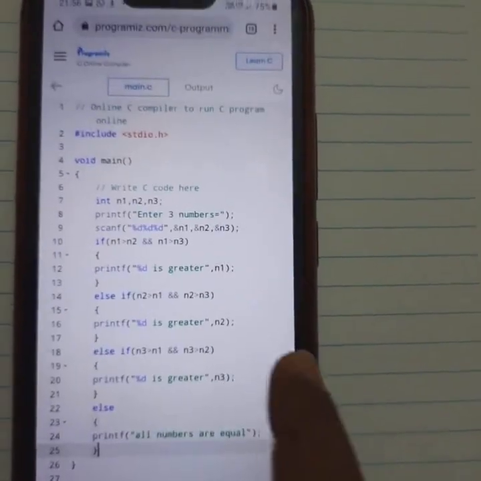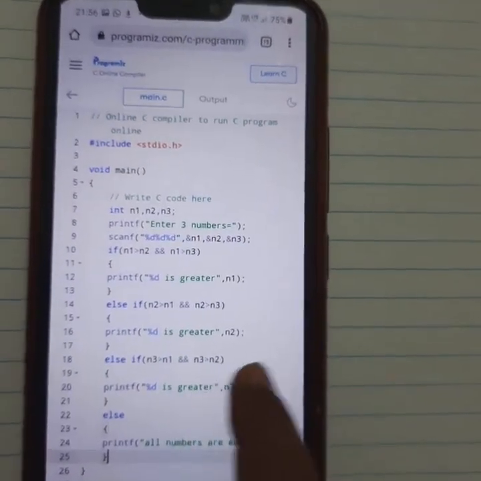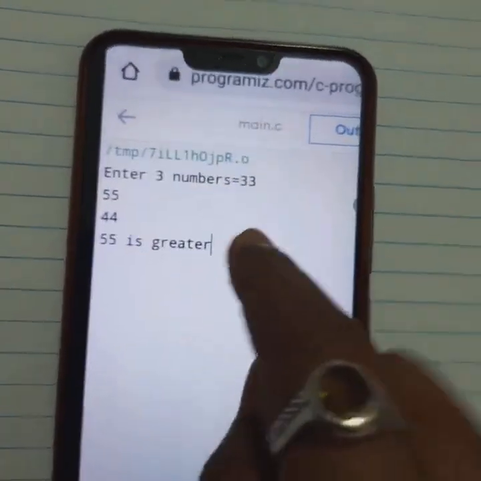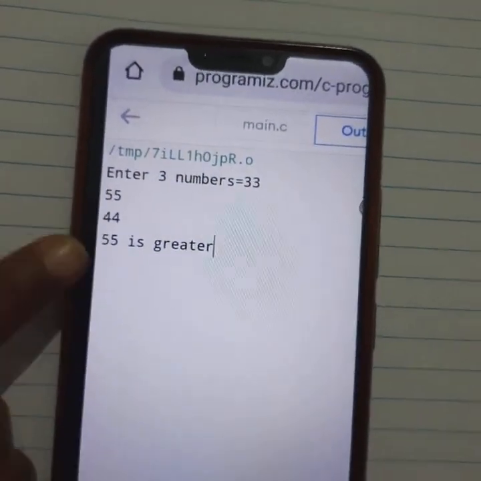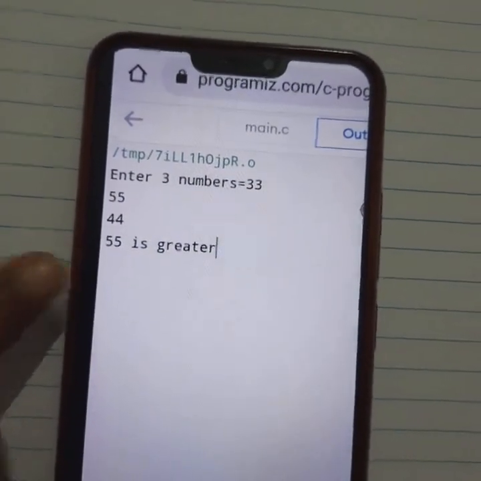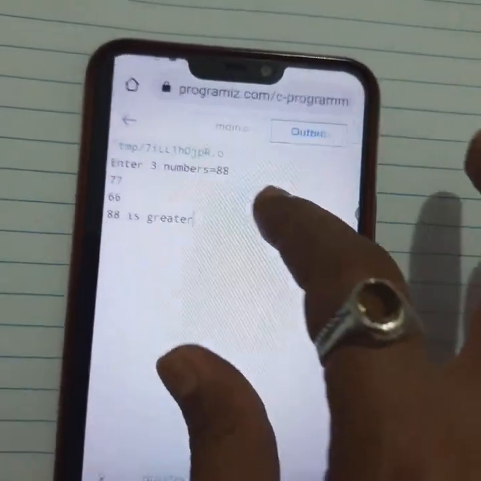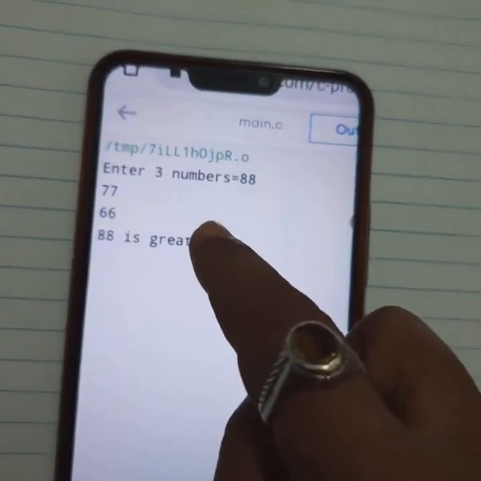And I take a screenshot of this program and also a screenshot of the output. I print enter three numbers, that is 33, 55, 44. Here the second number is greater, so it prints 55 is greater. After that I take the first number greater: enter three numbers, that is 88, 77, 66.